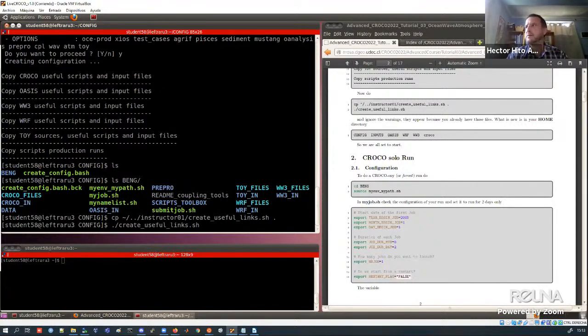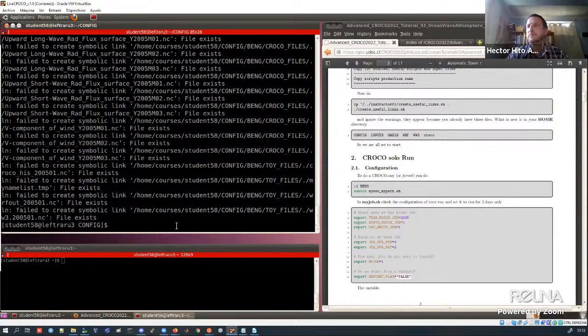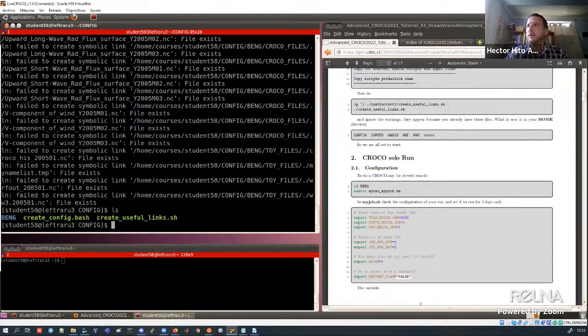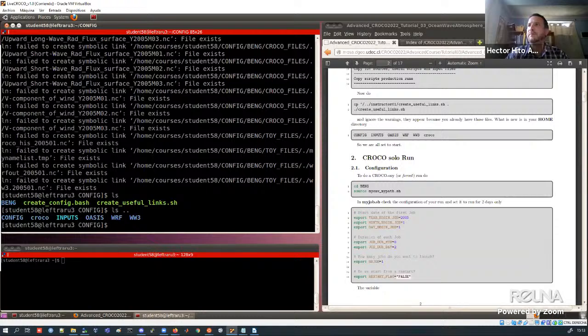Then I run this and it gives many warnings. Don't pay attention to that. It's trying to copy or create a link for a file that is already there. But what that did was to put a lot of information here. Before, you only had this config directory where we were working. Now we have all these other directories with some information. Okay, so now let's